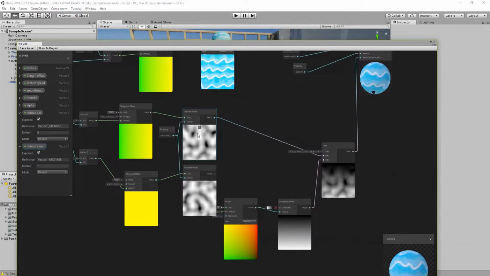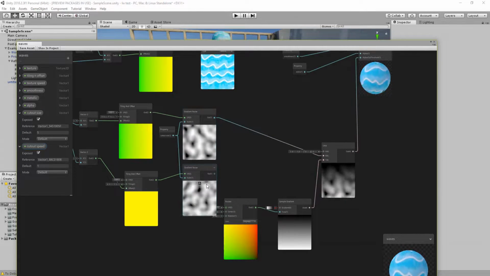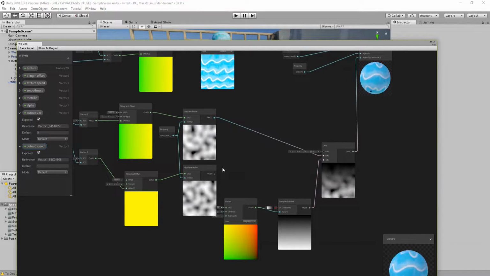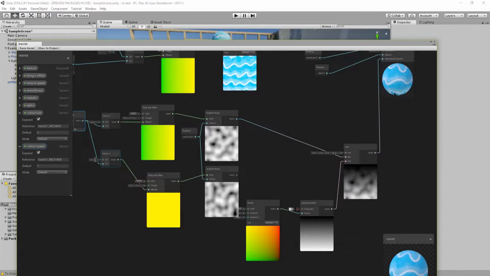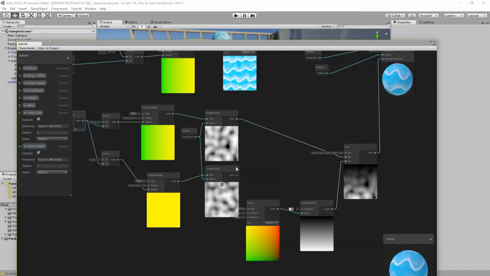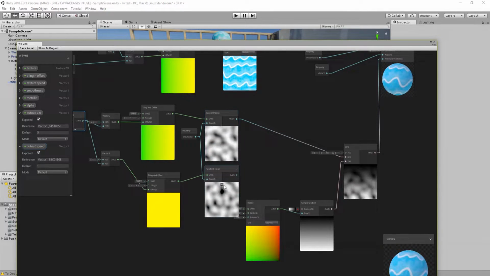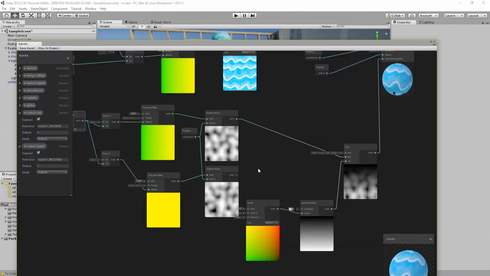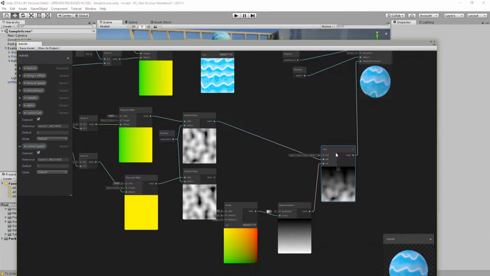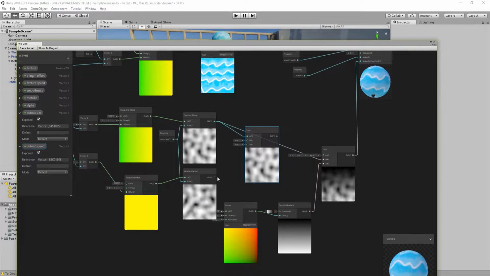So now we have this texture, and this one is like the continuation of it, because we added 1 to the X offset. If we blend half of this with half of this, we're gonna have a seamless texture. So we're gonna have another lerp to blend these two,